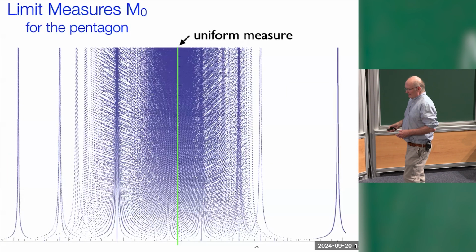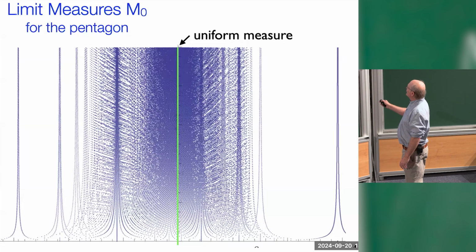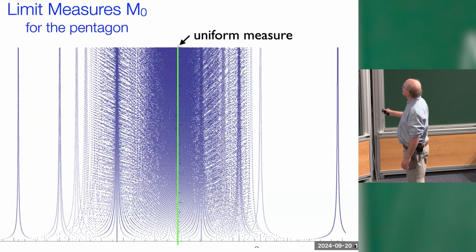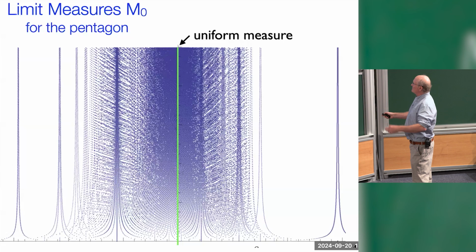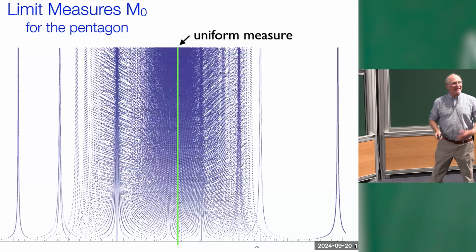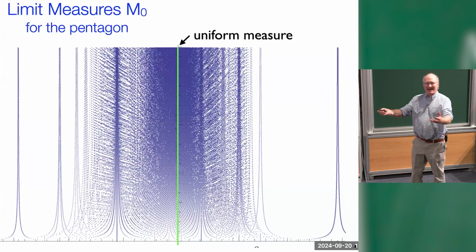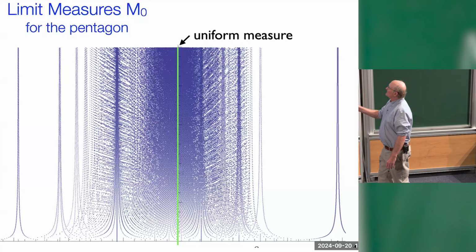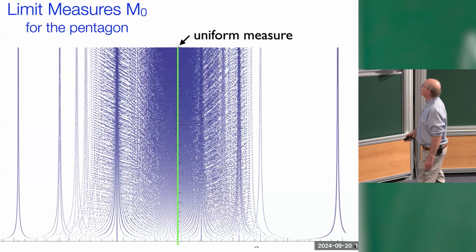So here, if you don't know what omega to the omega is, let me just give you an idea. Here you can see these are lots of little dots, and these dots accumulate somewhere. When you have a bunch of dots accumulating somewhere, that's omega. When you have accumulations of accumulation points, that's omega squared. And so you can imagine what omega to the omega is. You have all of that. But as you take more and more derivations, you eventually converge to the uniform measure.